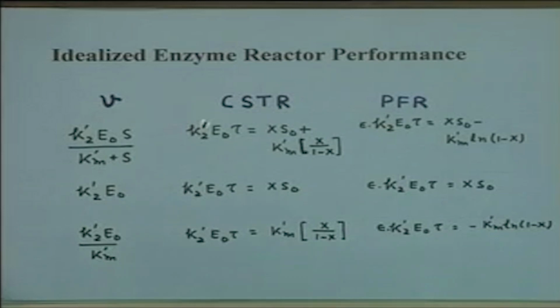So, we had earlier discussed the reactor performance equations for 3 different types of reactors that are used for carrying out the enzyme catalyzed reactions, that is batch, plug flow reactor and continuous stirred tank reactor. Now, while the choice of the batch reactor is primarily based on